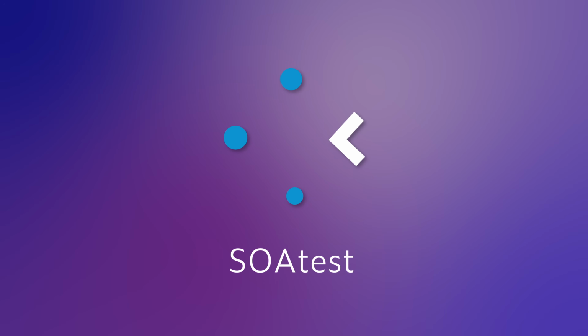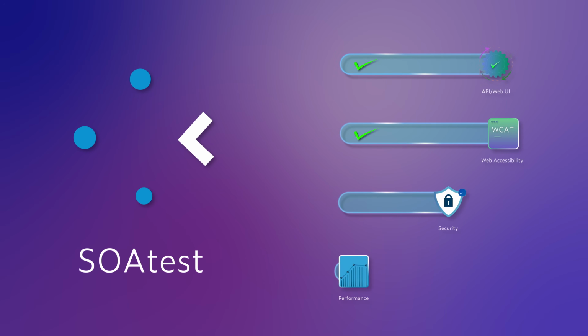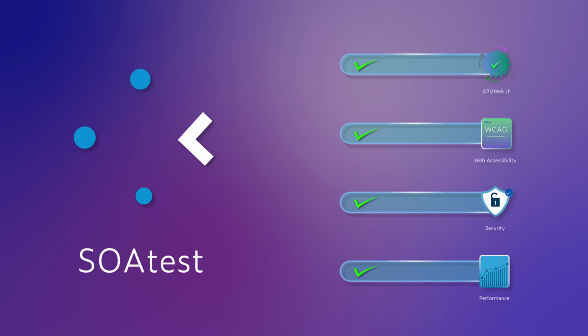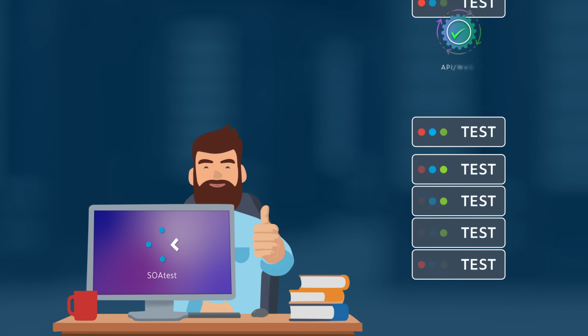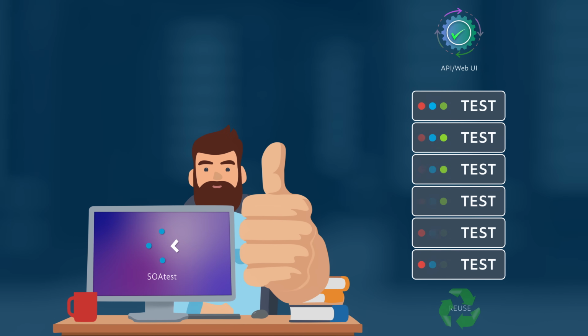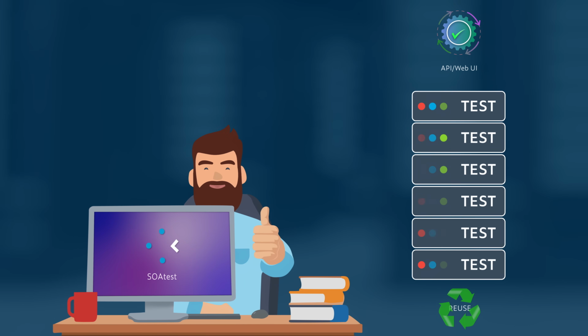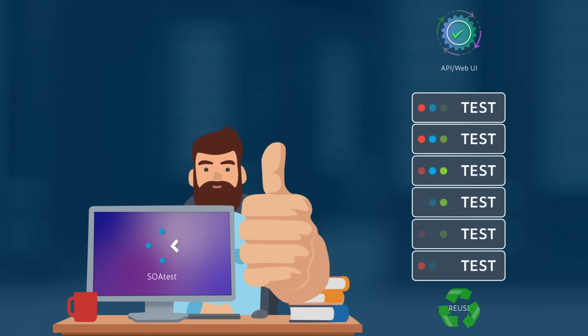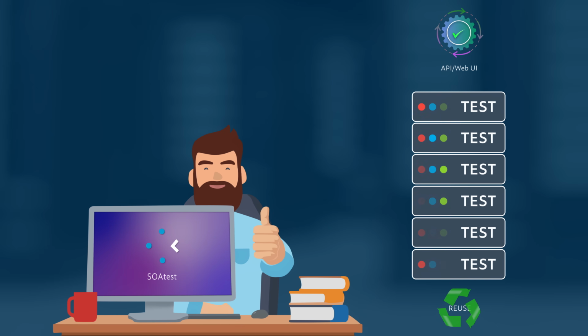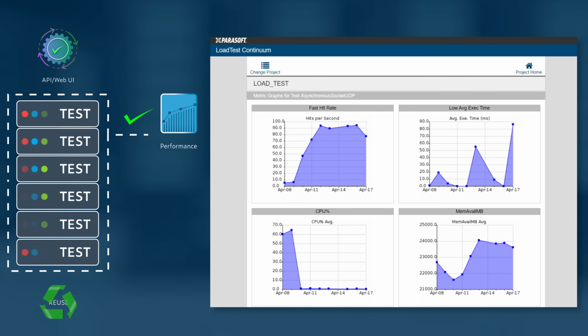With Parasoft SOAtest, the tests you already build can power multiple types of quality validation across the pipeline. Start with the API functional tests your team creates to validate service behavior. Those same tests can be reused to drive API performance testing, generating realistic traffic and helping teams uncover scalability issues